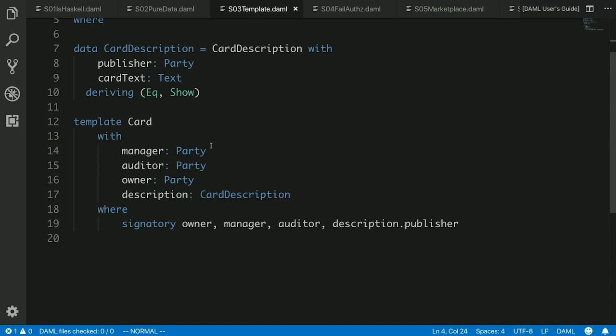In this case, it defines a record, and it defines the authorization necessary to create this record, this contract. It is also the authorization that the contract carries when it performs operations.